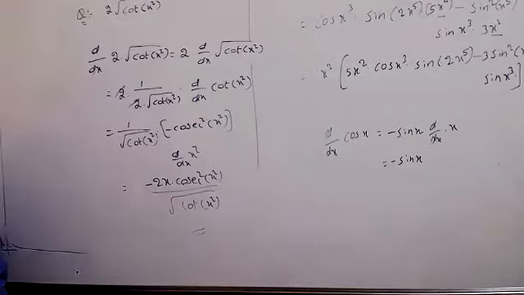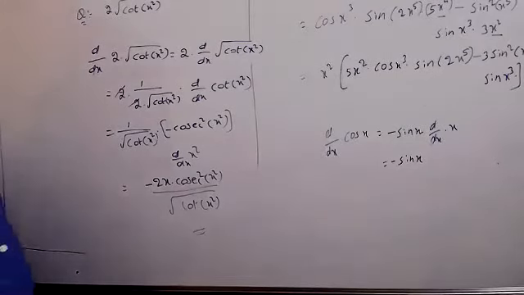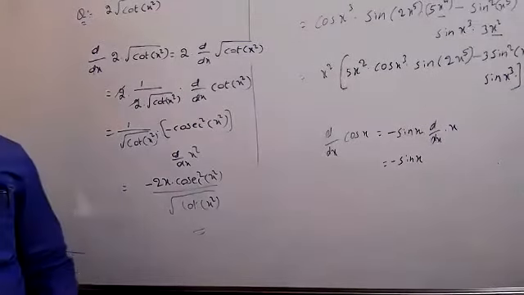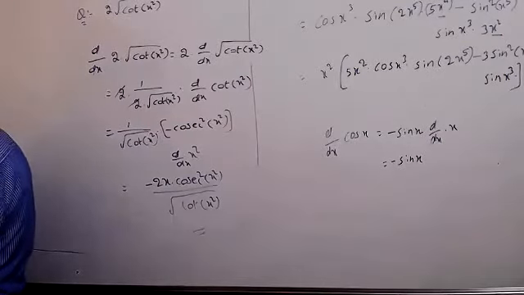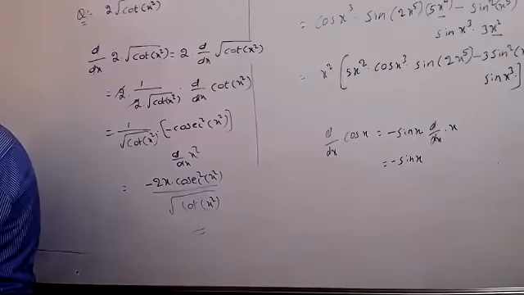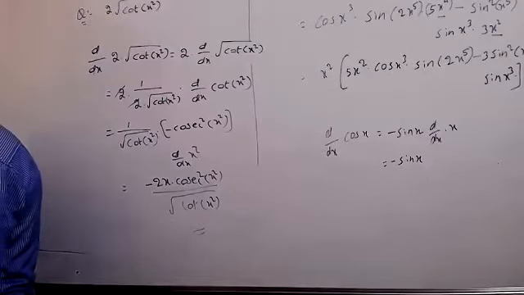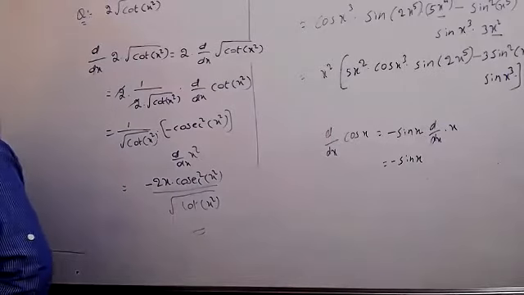Next right now. Find dy by dx. I think this model you got and I understood that. Then still we will take some quotient also, a few questions. That means almost I covered all the questions from the textbook as well as addition also. I will take some quotient rule right now.